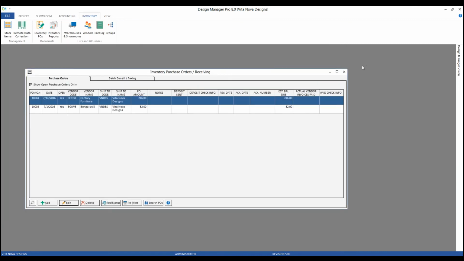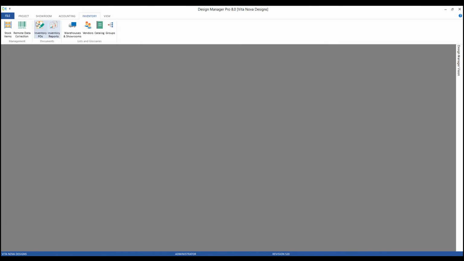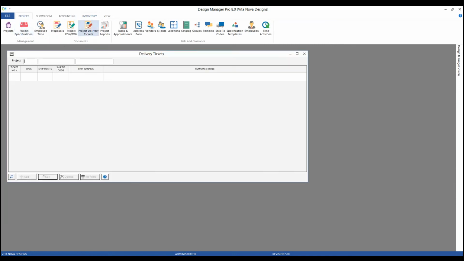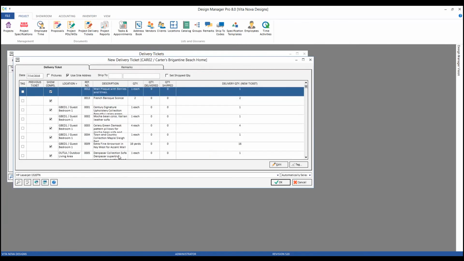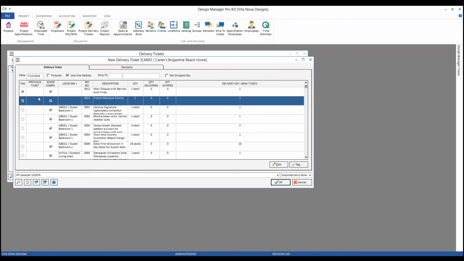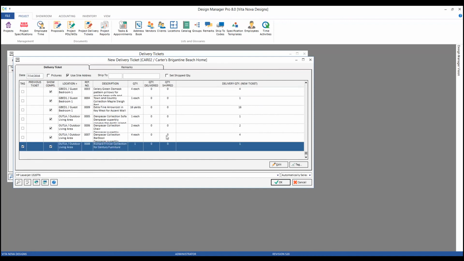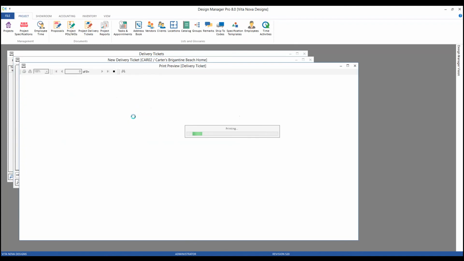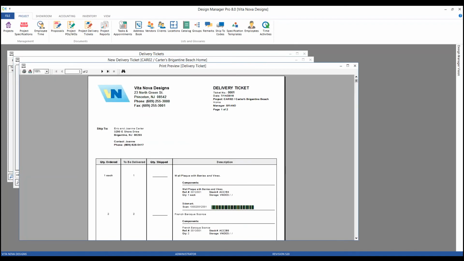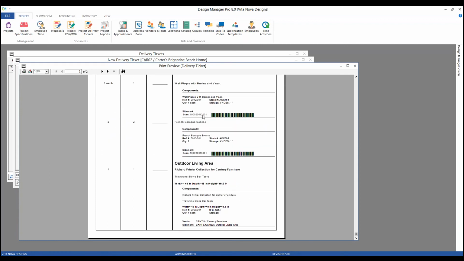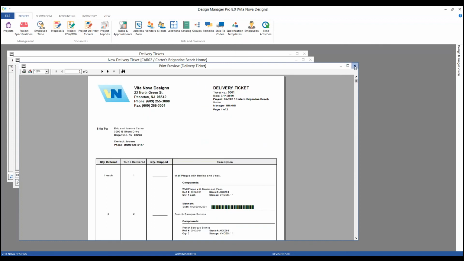Lastly, delivery tickets with inventory claim labels. Let's go back to our Project tab, project delivery tickets. Let's use the Carter project in this case, and we'll create a new delivery ticket. Let's get a few of our selections here. Here's our Design Manager delivery ticket, and the only difference here is now we're seeing again our barcode along with the barcode number under the scan information. Upon printing and accepting a delivery ticket,